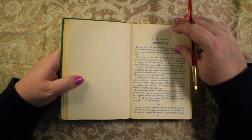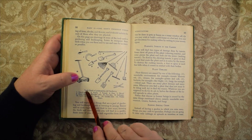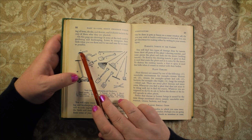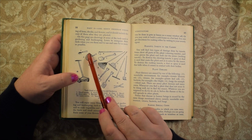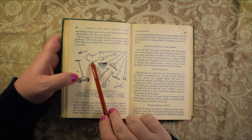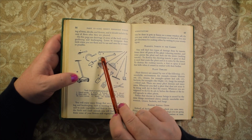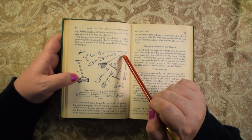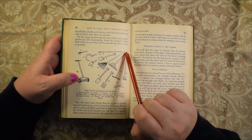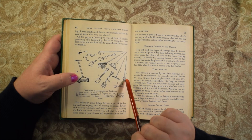The Girl Scout program fields. They even have tools used in landscaping and gardening. You have a hand weeder, little clod, a sickle. Don't see many of those anymore here, anyway. A trowel, a hoe, a shovel, a grass rake, a wooden rake, an iron rake, a cultivator,